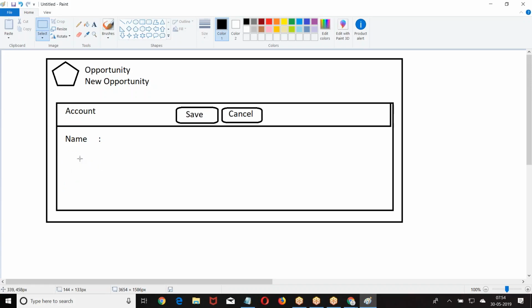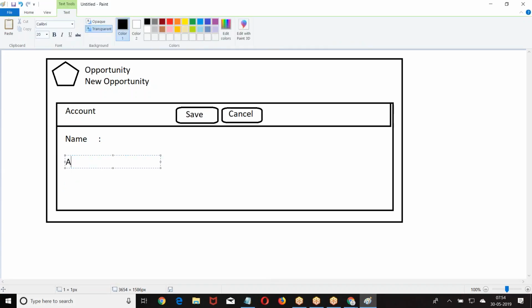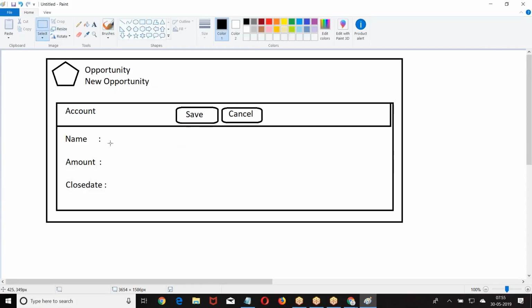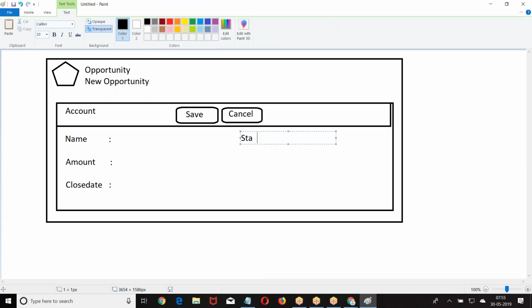Name, amount. Now take an input field, Amma. Create this example with the help of an Apex class, use input field. Stage name, type.